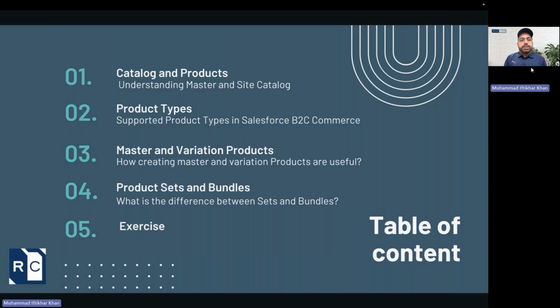We will understand what catalogs and products are and how they are configured in Salesforce B2C Commerce, what product types are supported, and what master and variation products are, and how you can create a master and variation product, and what tools are available in Salesforce B2C Commerce. And then we will also learn about creating product sets and bundles in Salesforce B2C Commerce, and the tools and options available in